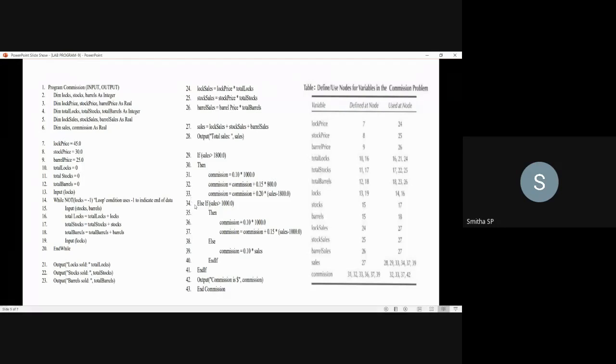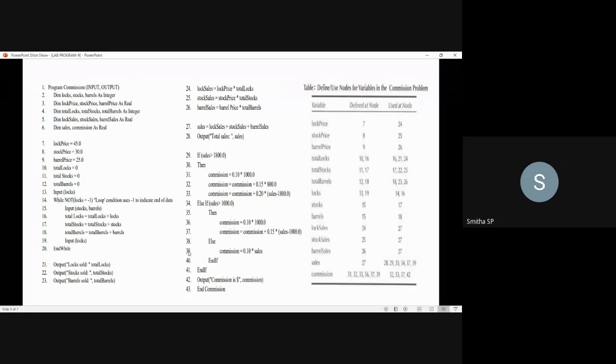Next, in the 34th, again just to compare the sales value whether it is greater than 1000 or not. Then again in the 37th, to calculate the commission, the leftover sales, you need to get the difference, and you will be using it at the 37th node.